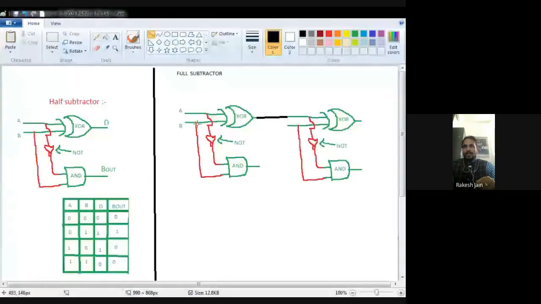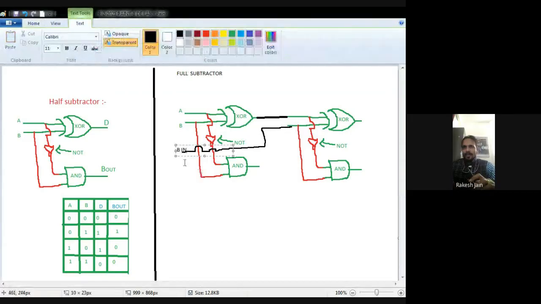They are connected such that the output of the first half subtractor is connected as one input of the second half subtractor's XOR gate.